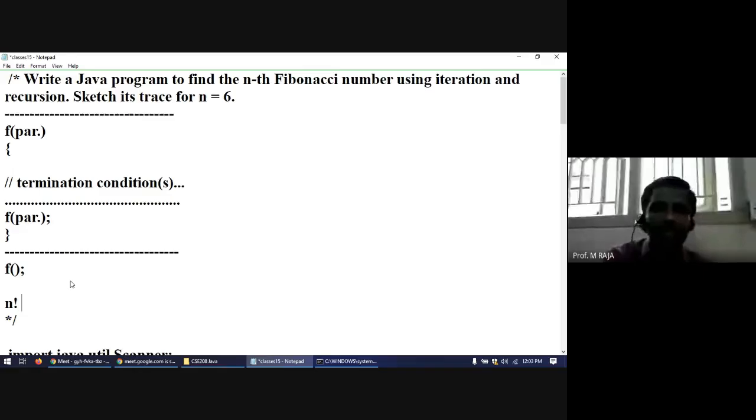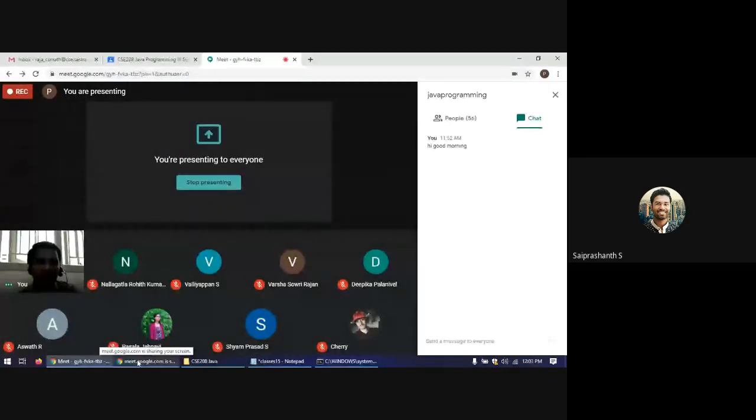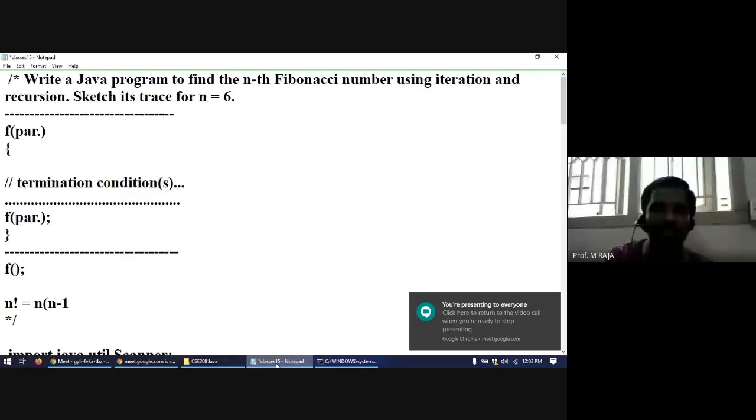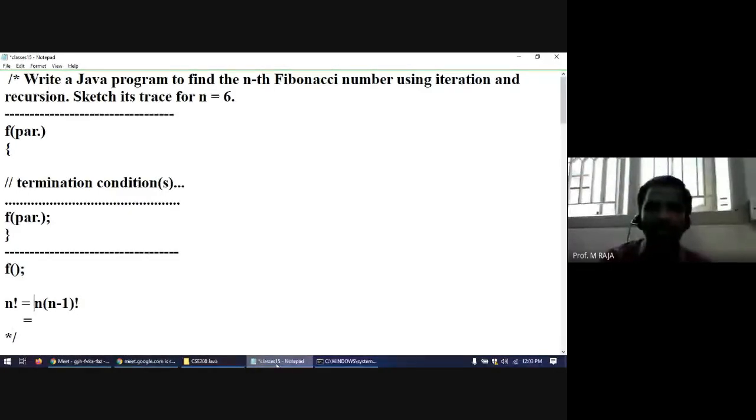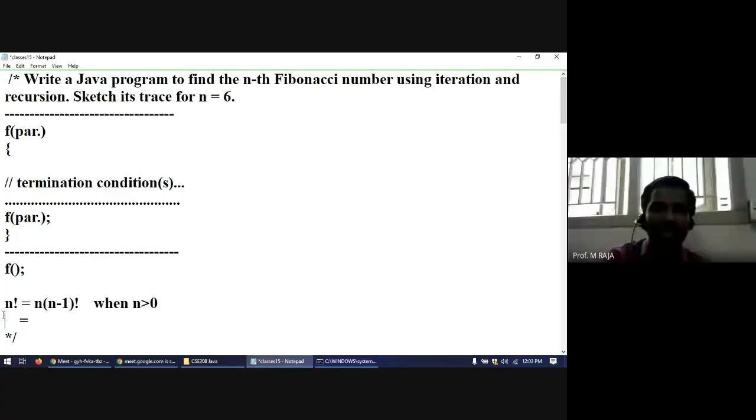How to define the value of n factorial using recursion? Sir, n into factorial of n minus 1. That is n into (n minus 1) factorial. In this stage, this is true when the condition is n greater than 0. That is the base condition, when n greater than 0. When to terminate the process, that is I write again here n factorial is equal to